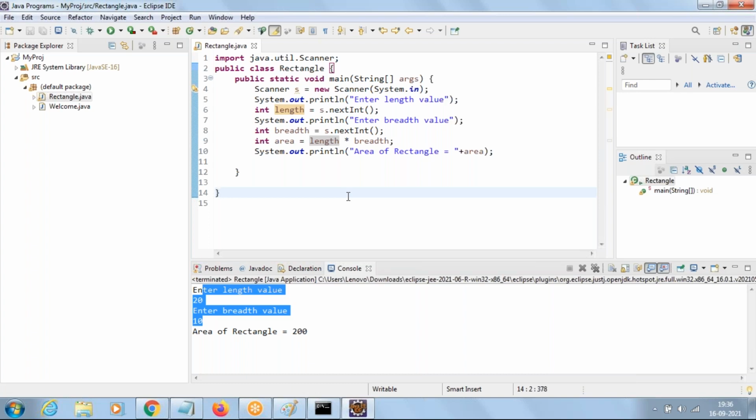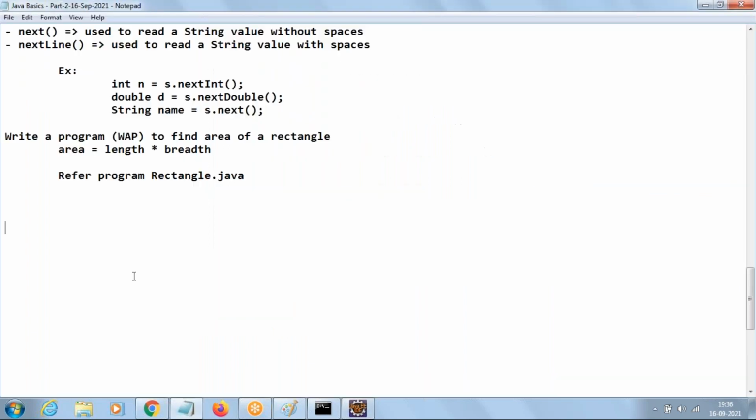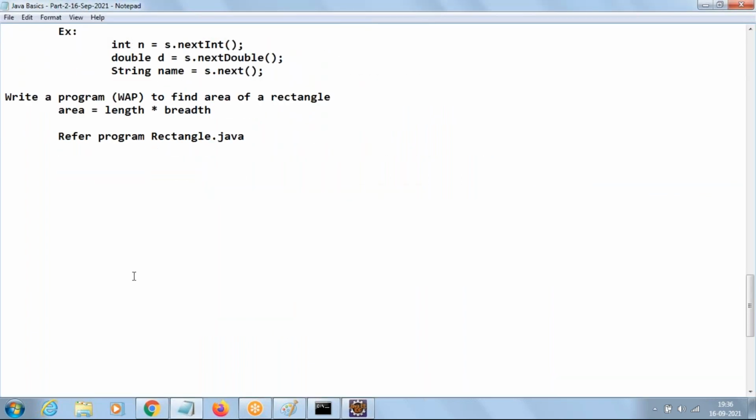Okay. Now let us take one more example to feel comfortable. Let us go with one more example code. Write a program to accept roll number, name, and marks in 3 subjects. Then find the total.